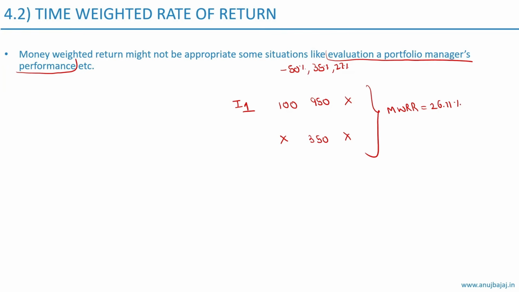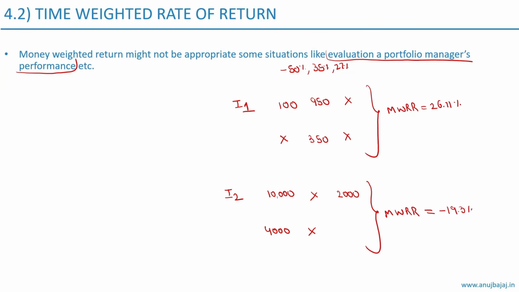26.11%. Now we have another investor who has the following cash flows. Say he invested 10,000 euros at the beginning of year 1. He withdrew 4,000 euros at the end of year 1, and there was no cash addition or withdrawal during the 2nd year. And he added 2,000 euros again at the beginning of year 3. Based on this information, we get the money weighted rate of return to be